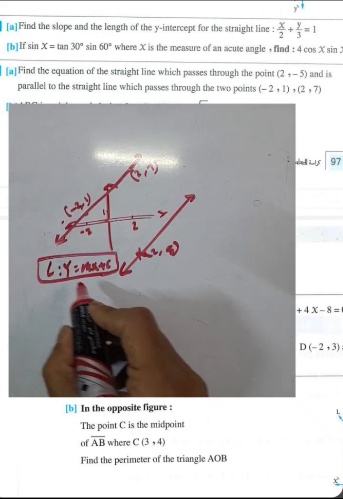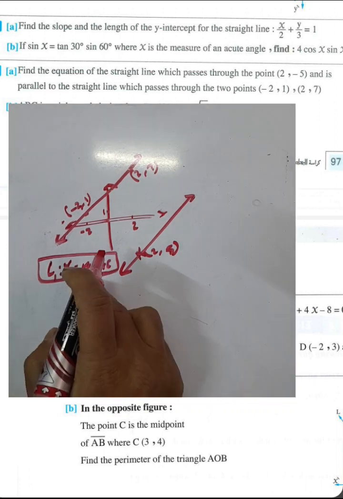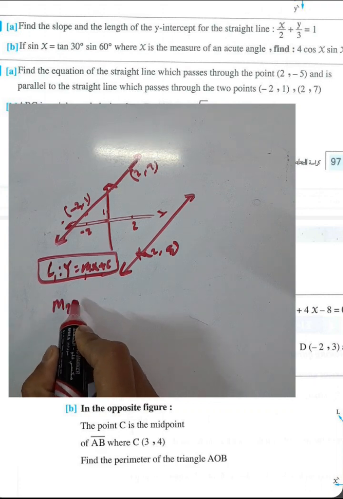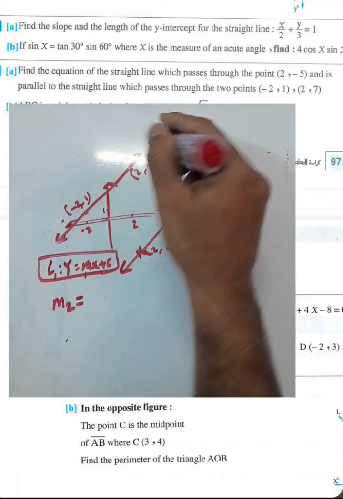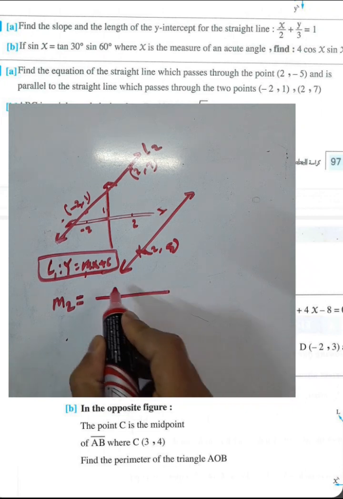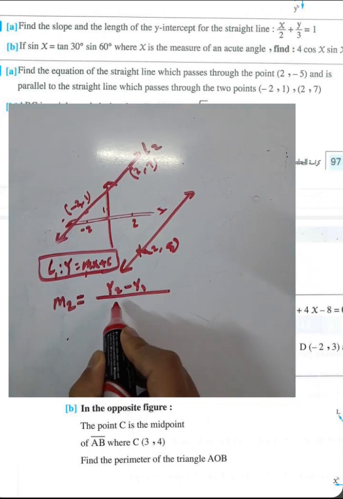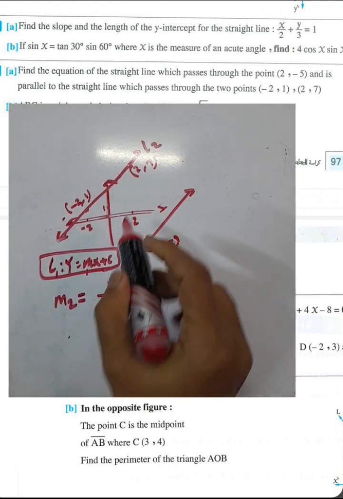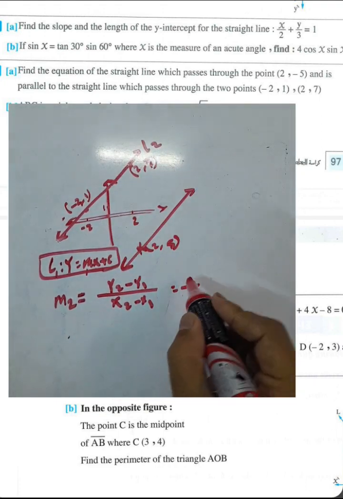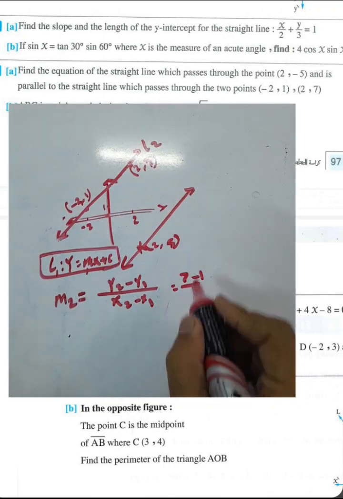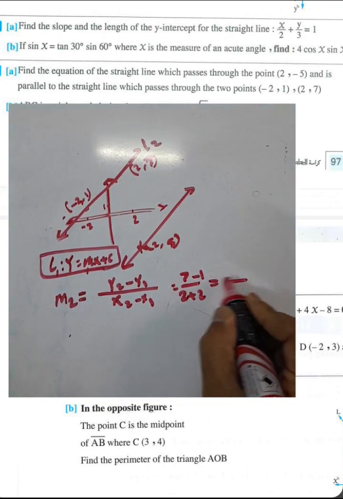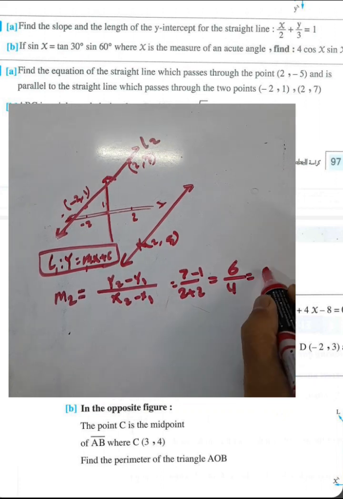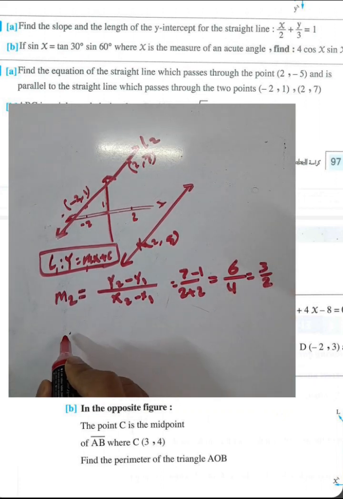M1 is the slope, and we can find the slope of line L2 equals y2 minus y1 over x2 minus x1. y2 here 7 minus 1 over 2 minus negative 2, it will be 2 plus 2, 7 minus 1 is 6, over 4, and then you can simplify to find the slope, it will be 3 over 2,